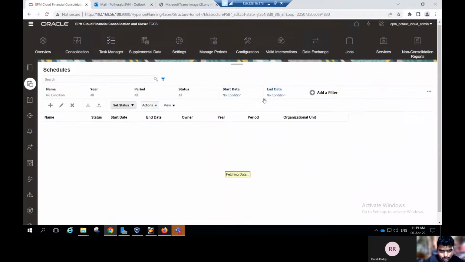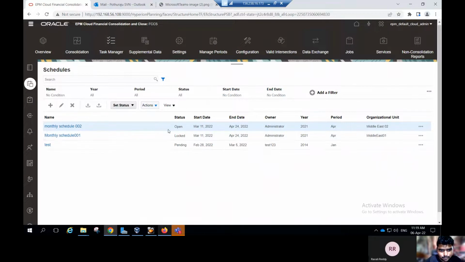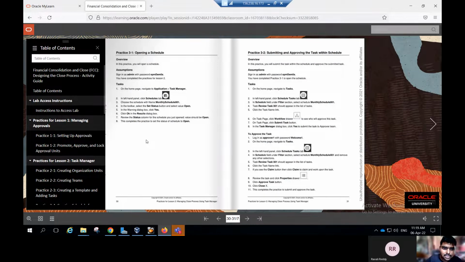Click on OK. The status will change to open. This is the completion of the practice for opening a schedule. After completing the opening of the schedule, you can move on to submitting and approving the task with schedules. In this practice, I will show you how to submit a task with the schedule and approve the submitted